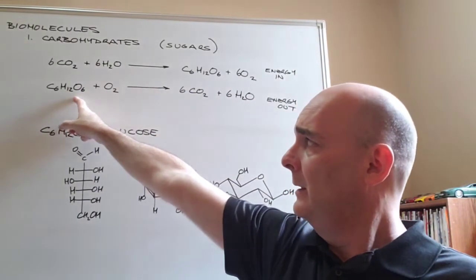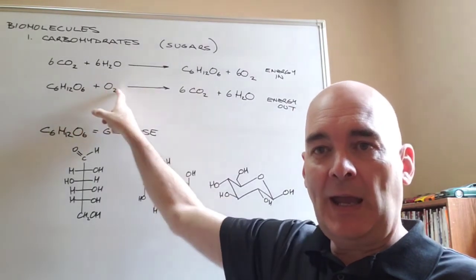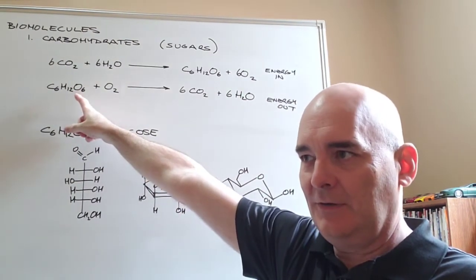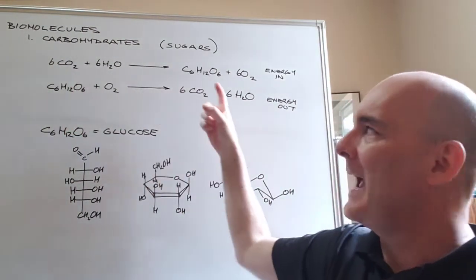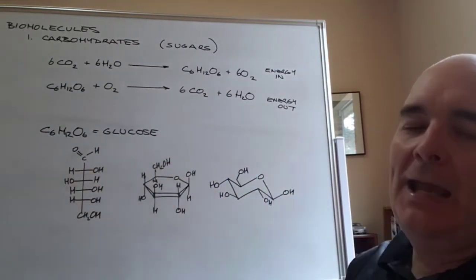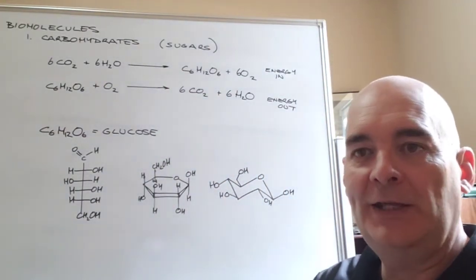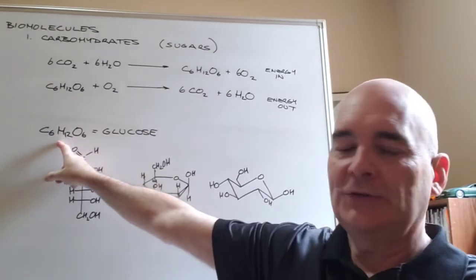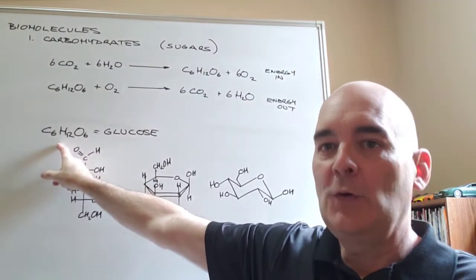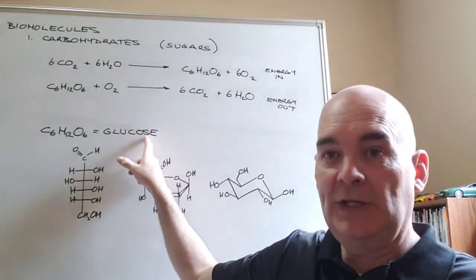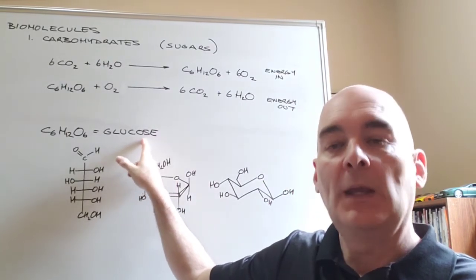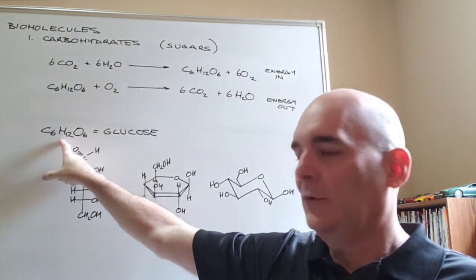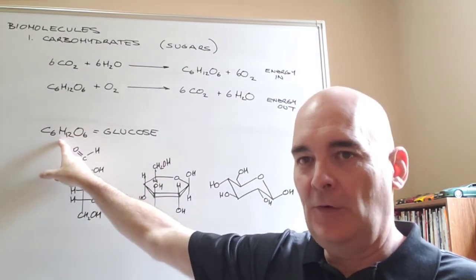We take the sugars from plants and the oxygen that they give us. We breathe in the oxygen and we ingest the carbohydrate and we metabolize it and we get that energy back out. So sugars are a source of energy for us. And the sugar that we're most interested in, there are lots of different sugars. If you hear a molecule end in ose, if its name ends in OSE, it's a sugar, and there are lots of them. But far away the most important one is glucose, and glucose has formula